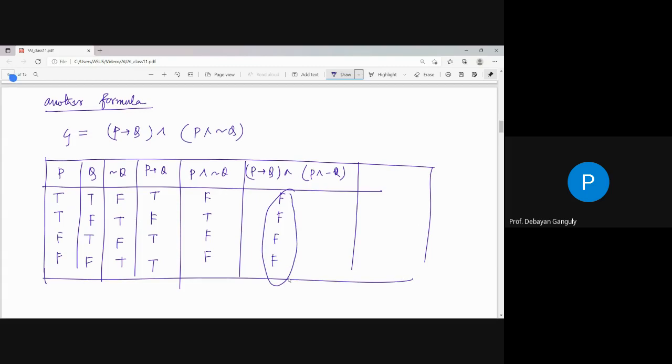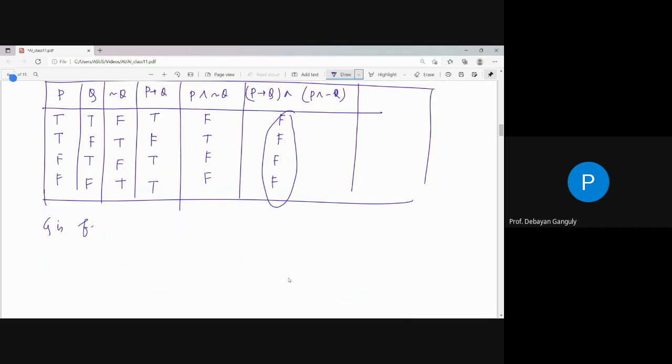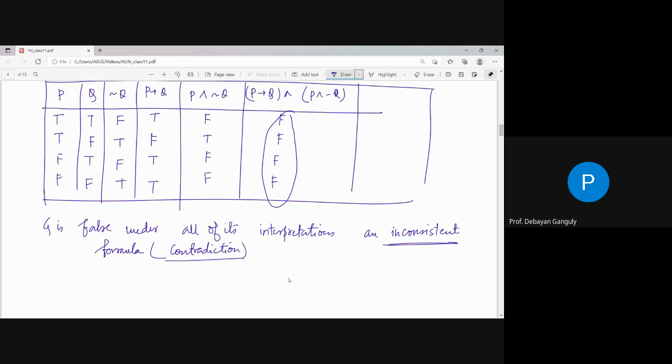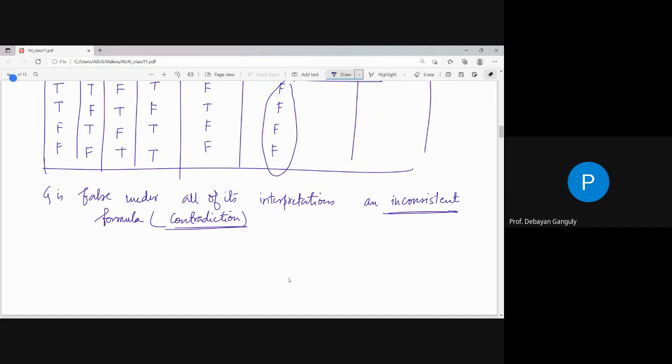So in that particular case, what we find is G is false under all of its interpretations, and this is inconsistent. This is called an inconsistent formula, or that is also named as contradiction. So one is called tautology or valid formula, and another, if it gives you all false for all of its interpretations, that will give you an inconsistent formula, known as contradiction. And the thing is